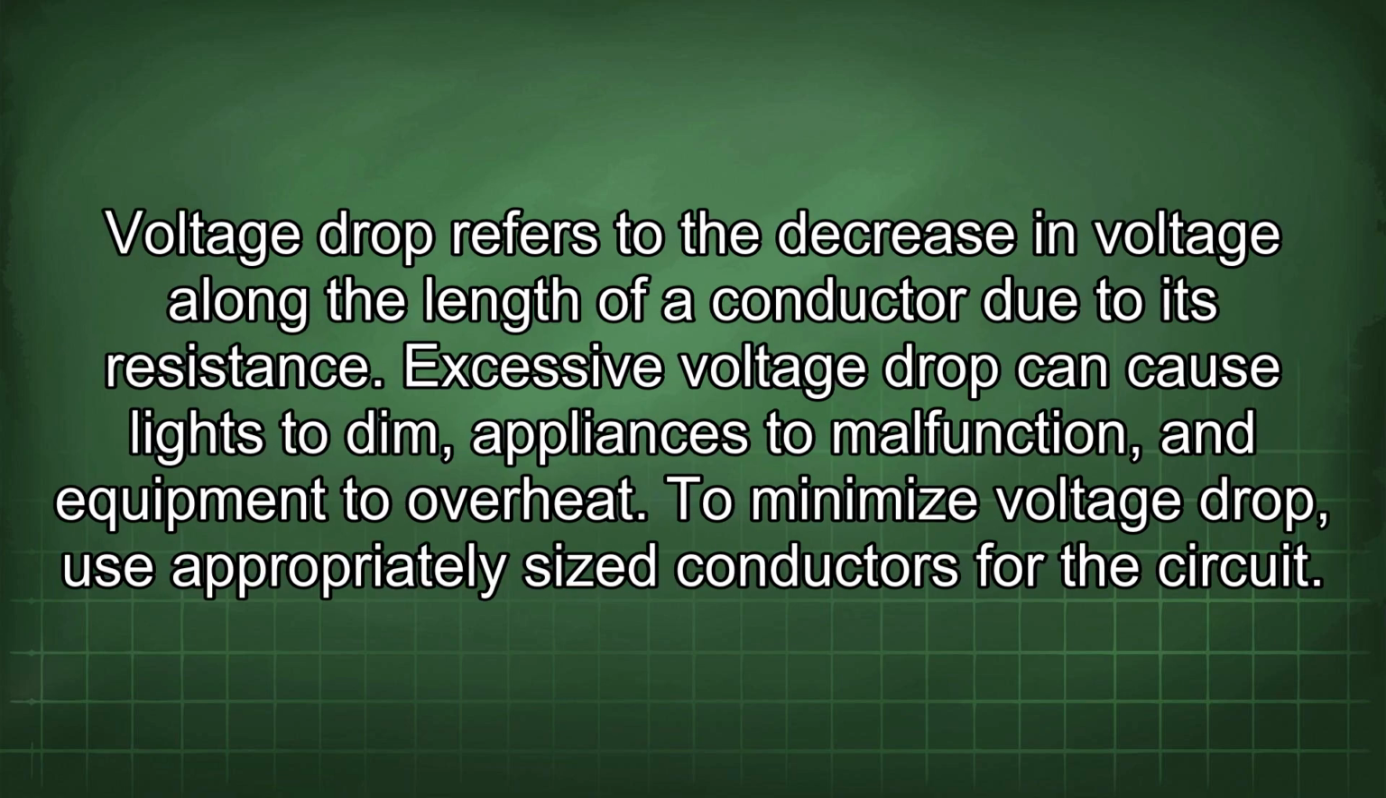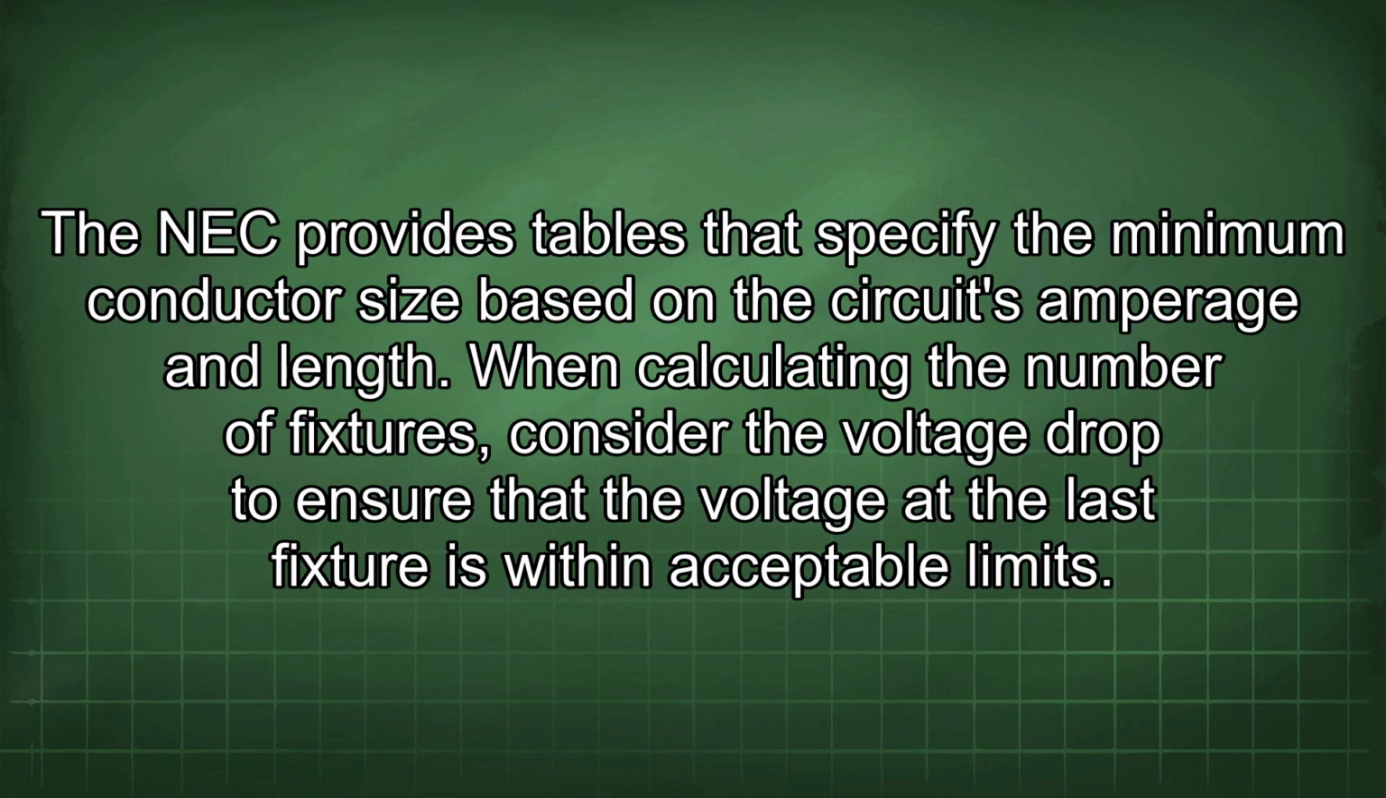Voltage drop refers to the decrease in voltage along the length of a conductor due to its resistance. Excessive voltage drop can cause lights to dim, appliances to malfunction, and equipment to overheat. To minimize voltage drop, use appropriately sized conductors for the circuit. The NEC provides tables that specify the minimum conductor size based on the circuit's amperage and length. When calculating the number of fixtures, consider the voltage drop to ensure that the voltage at the last fixture is